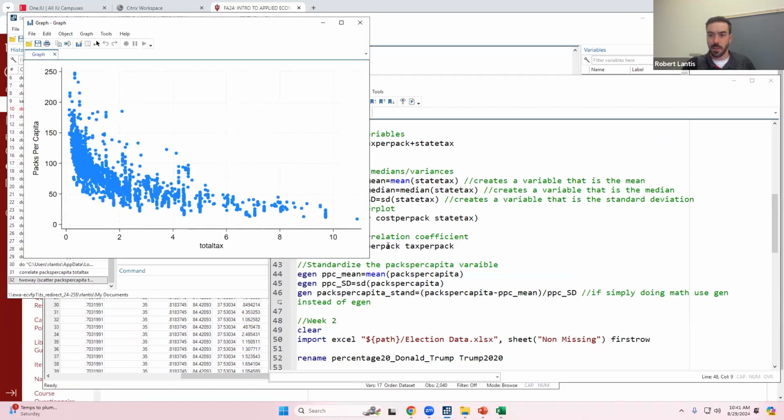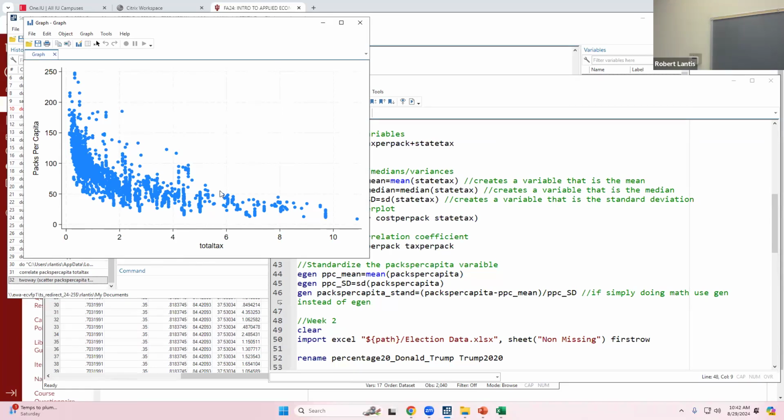This might be slightly different than the example here, but that's okay. So it gives me this nice scatter plot, right? And I can quickly see, even if I don't have the correlation or covariance, that there's this negative relationship between tax and usage, right? And in fact, initially, there's a pretty quick drop off. Once I get to a certain point, it doesn't really have much of an effect. And this makes sense economically, right?